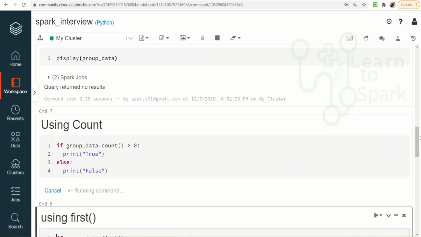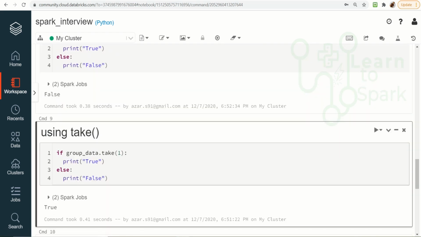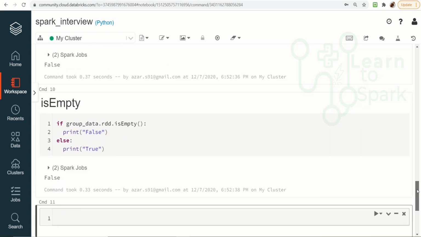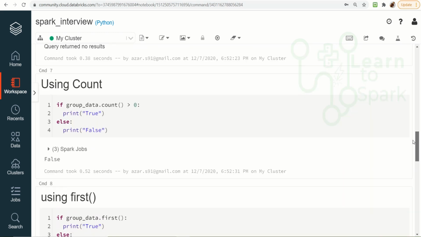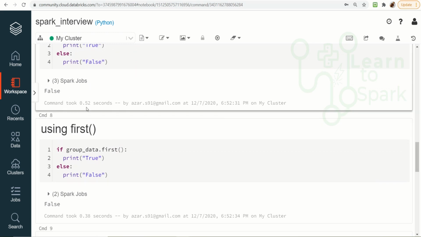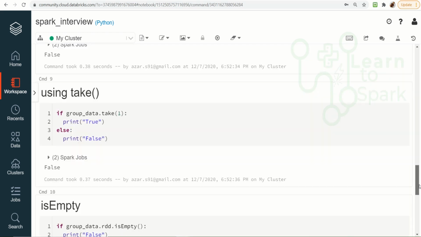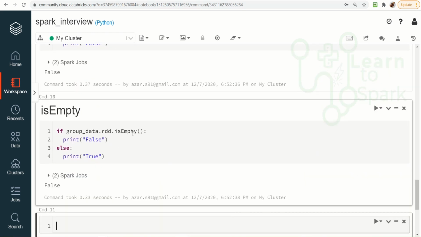Let me run this and the other methods as well. Here you can see everything returned false, and the time taken for execution is 52 seconds, 38 seconds, 37 seconds, and for the one using RDD isEmpty it is 33 seconds.